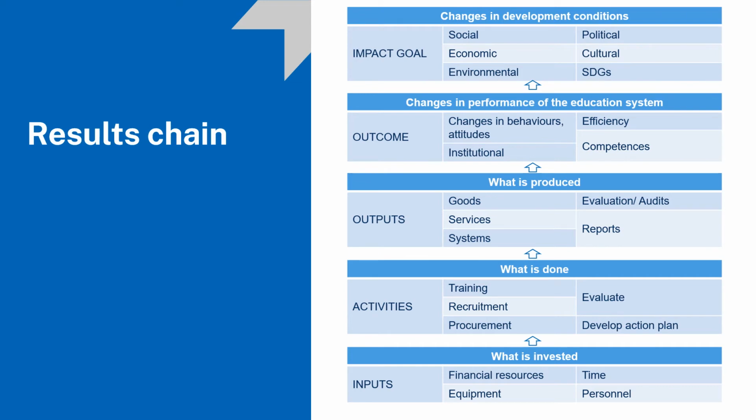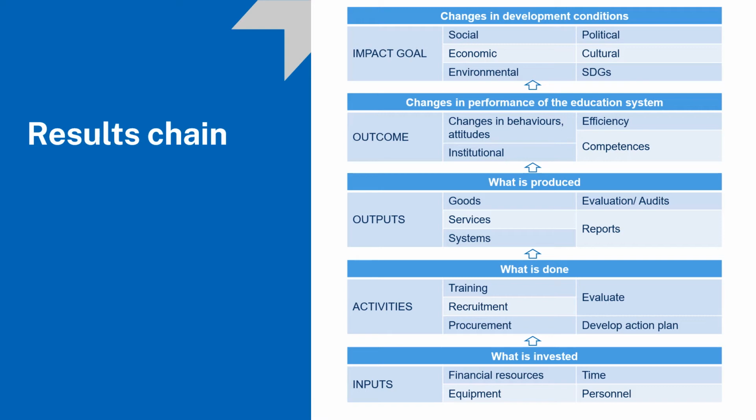The results chain links together inputs, what is invested, and activities, what you do, with various levels of results, or what you hope to achieve, related to outputs, what is produced, outcomes, changes in behaviors and institutions, and finally, impact, changes in development conditions. The results chain essentially tells us what stakeholders want to achieve as a direct result of the activity, outputs, what they want to achieve in the longer term, outcomes,